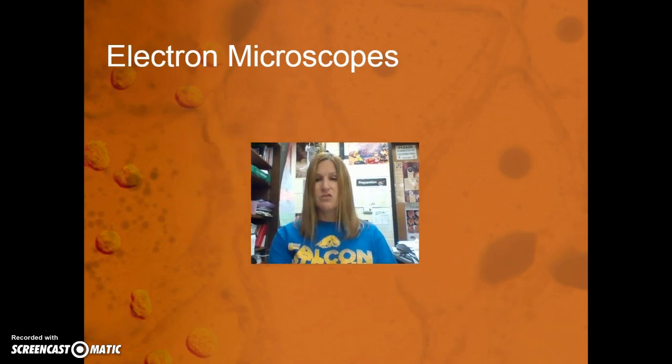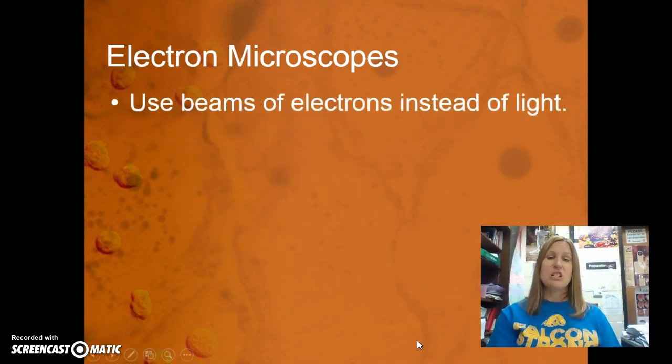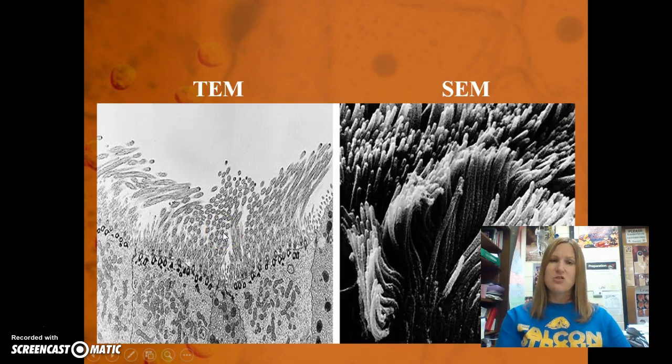So let's take a look at electron microscopes now. Electron microscopes use beams of electrons instead of light. They were invented in 1939, but not used much until after World War II. So that's just a side note for you. Again, focus on the fact that we're using electrons. There are two types: a TEM, otherwise known as a transmission electron microscope, and an SEM, otherwise known as a